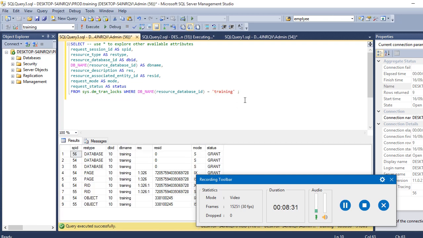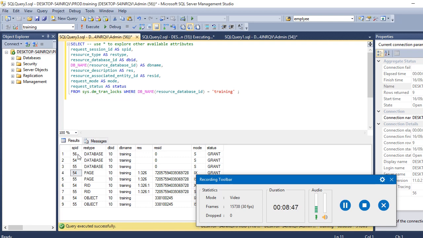Now run. Now see, for the training database, our connections are 55 and 54.